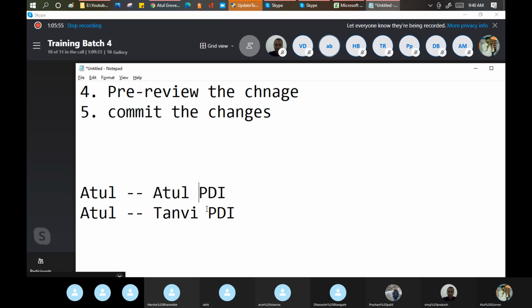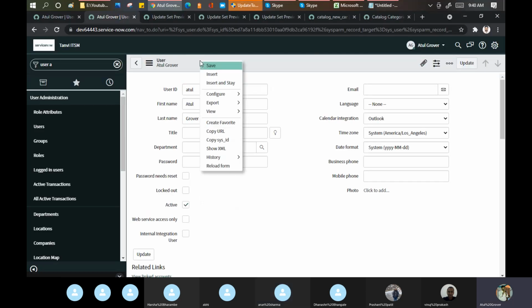Arun, are these two different users or records, or one user record? Both are different actually. What is the difference? One is at your PDI level, whereas the other one is... then we have the different records. That record will be updated once you migrate. Let me do one thing. You will not agree with me like this.